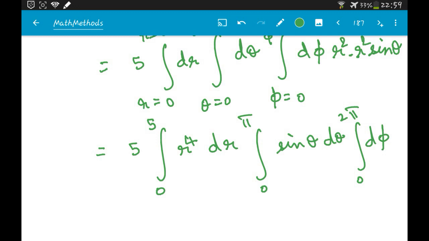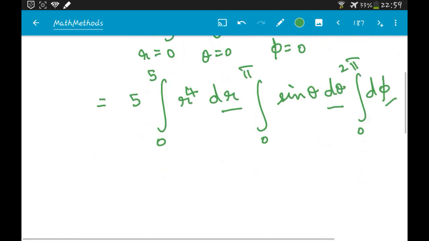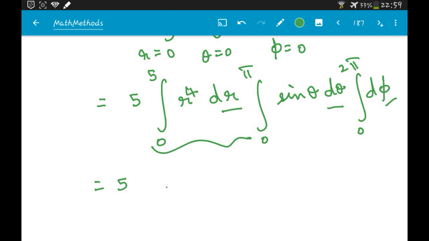Since none of the variables are related to other variables, phi is an independent variable, and the limits here are not related to any other variable, so we can compute these independently. So finally, if we compute this integral, we will get r power 5 by 5